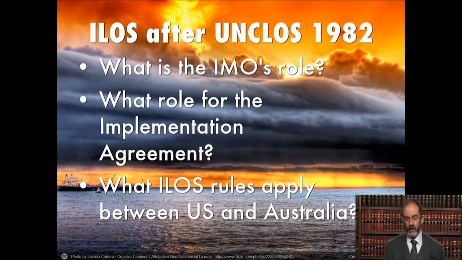Also, the Law of the Sea Convention copy-pasted quite a number of rules out of the 58 Geneva Conventions, to which the US is a party. So again, there'll be an identity of rules between the two parties. And in fact, where Australia is a party to the 58 Geneva Conventions, and the US is a party to the 58 Geneva Conventions, then that's the rule that binds both. The fact that Australia has joined a treaty later in time that covers the same subject matter doesn't extinguish the 58 conventions. They remain in force. But as between two parties to the Law of the Sea Convention, you apply the Law of the Sea Convention. And this is something we'll go over in